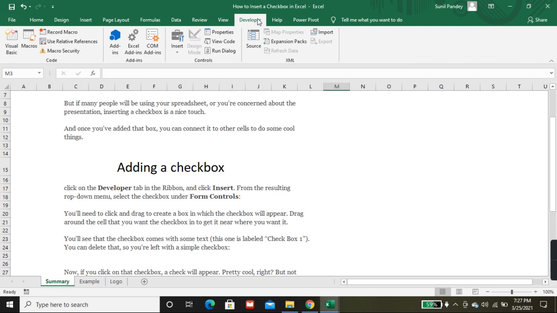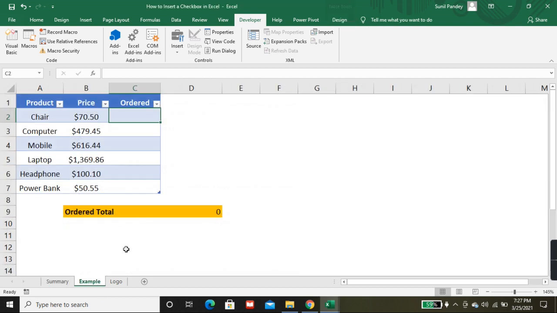So you will get the Developer tab. Now go to Developer, Insert, and this is the checkbox. Click on that and insert it wherever you want.